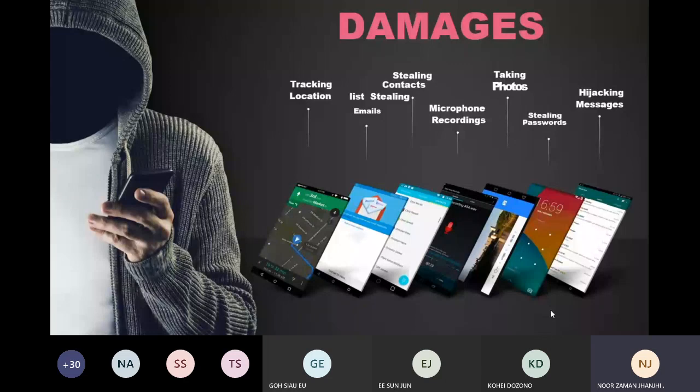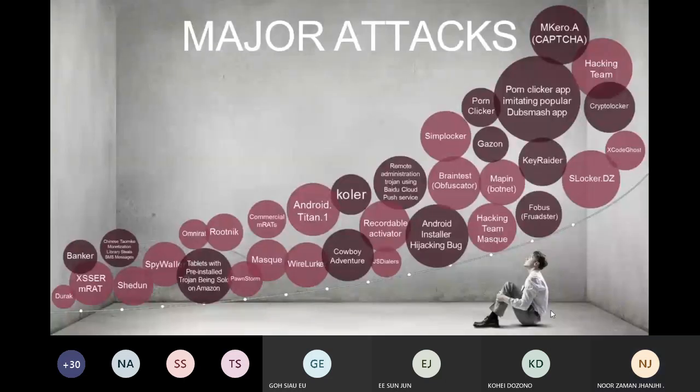Then he tried to broadcast a message to all of the contacts that something has happened from my phone, so please, if you receive anything, don't go by it. So why am I telling you this? I'm telling you this because these damages could be brought to us if our cell phones are under attack. I hope you are getting the real picture now, what we mean, and why we started discussing mobile security. So if we just go to the next slide,